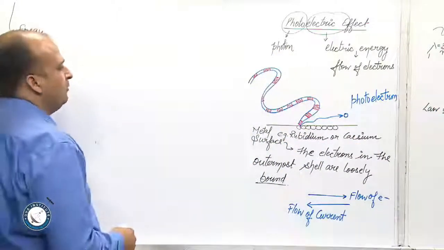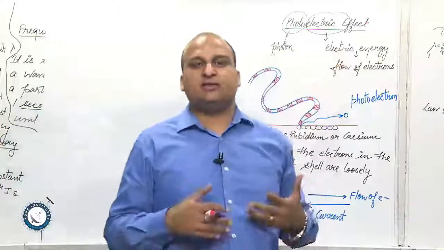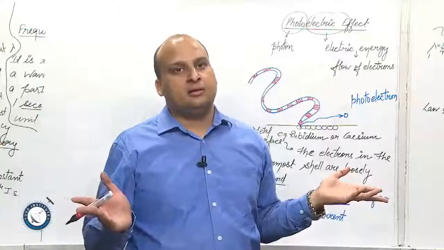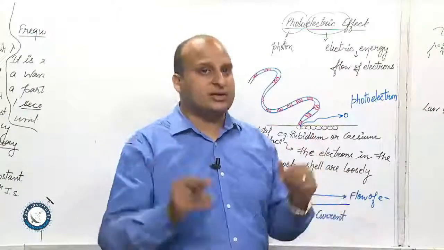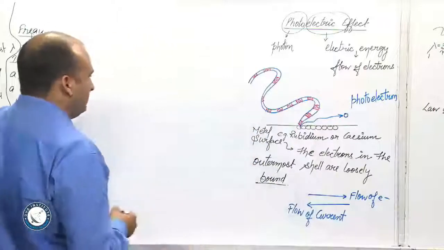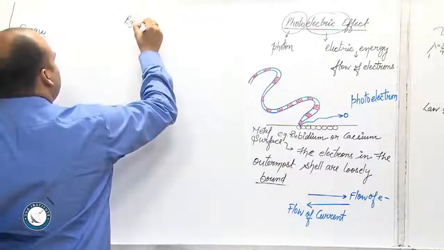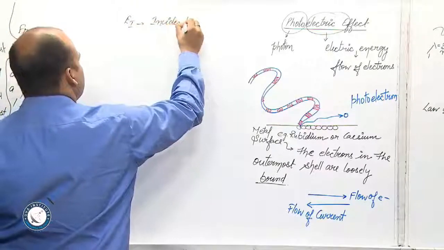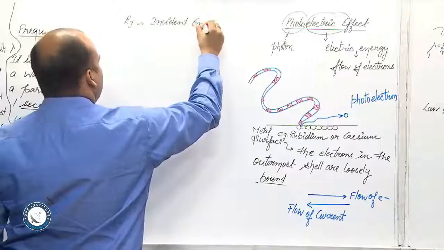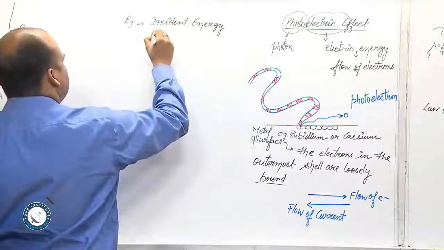Okay, fine. But now there has to be some maths over here, because every surface is not emitting electrons, and every time the electrons are not ejected out. So what is the condition? See, it's very, very simple. Let EI be the incident energy. Now what is incident energy? Energy